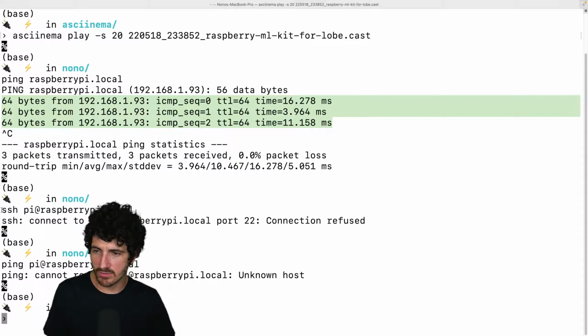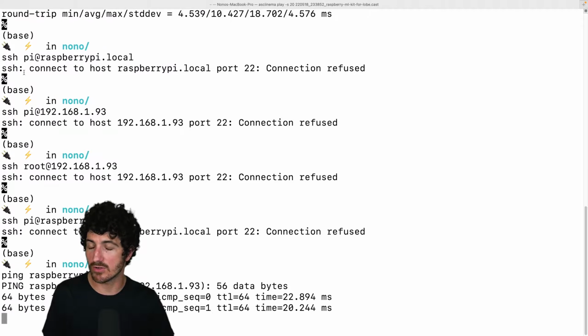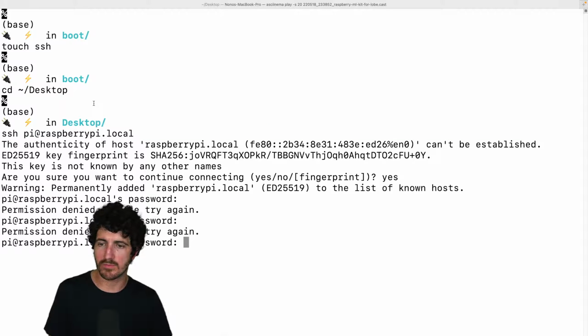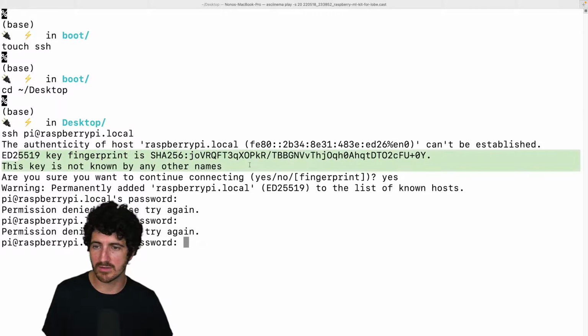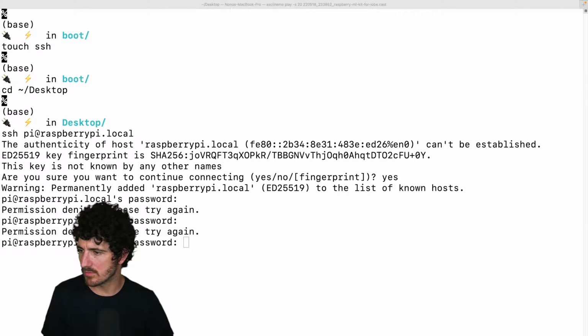Here I'm trying to, let's continue with this. I'm trying to SSH on the thing, but it doesn't really let me. It doesn't let me connect. And I get to successfully connect at one point because I think I added the SSH file to the card, and after accepting the fingerprint,